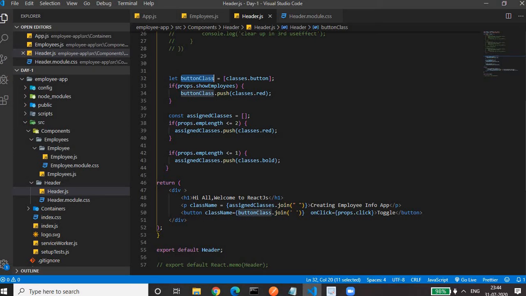This is the class which we are setting on the button element. If the condition is satisfied, then we have to add a red class to the button element. If not satisfied, initially it has the button class.